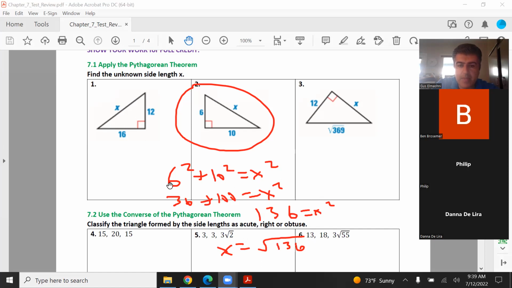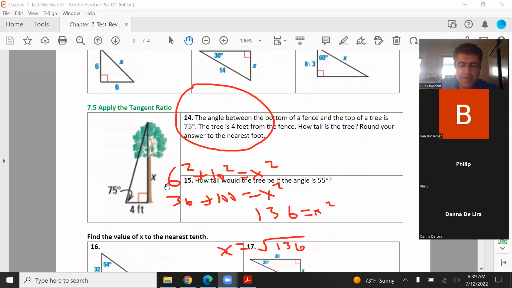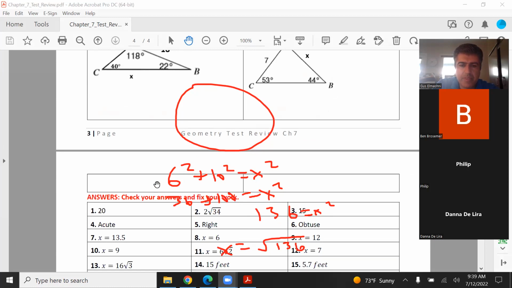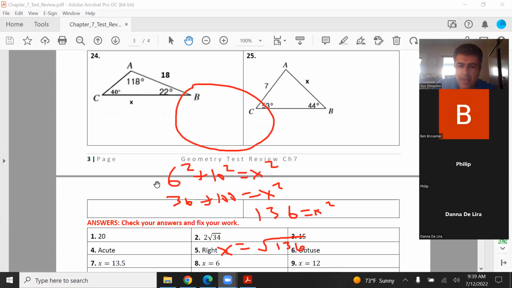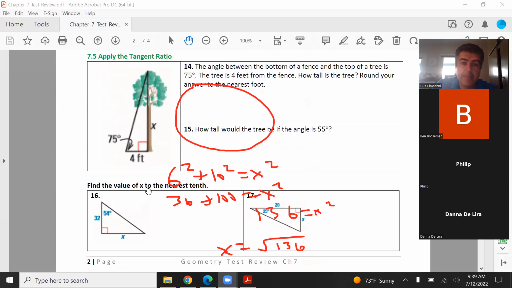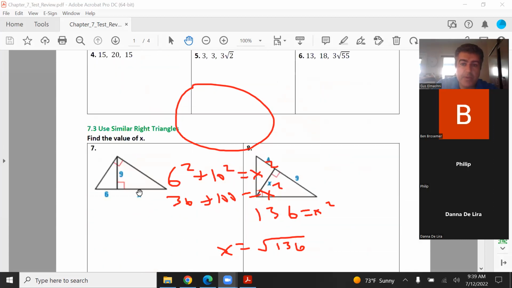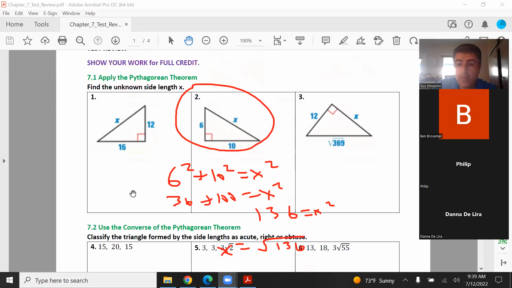However, if you look at the answer key, it's going to express it a little differently. It's going to say 2 root 34. How do you get 2 root 34 from that? And what if I put this as a multiple choice question where I don't have root 136 as one of the options? So what you could do is look at 136